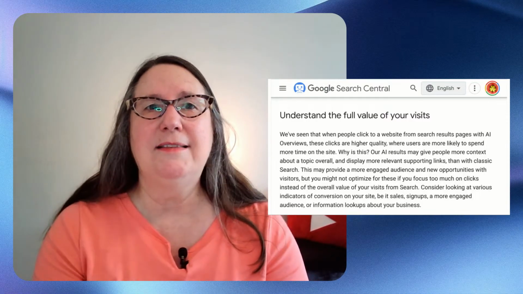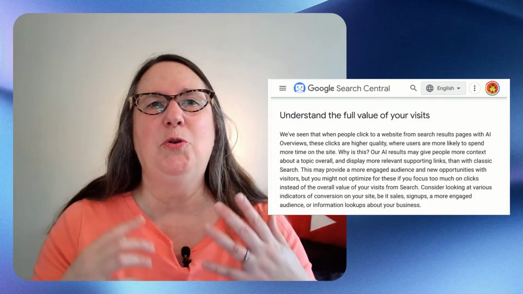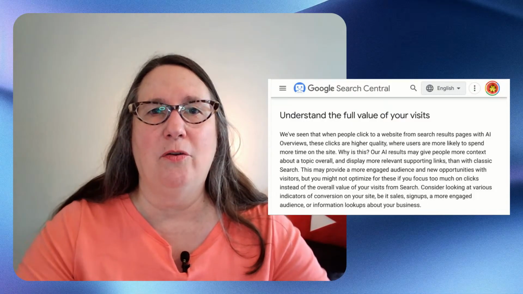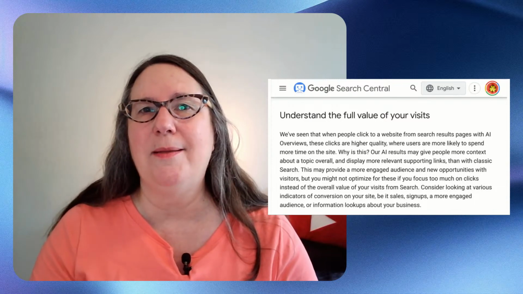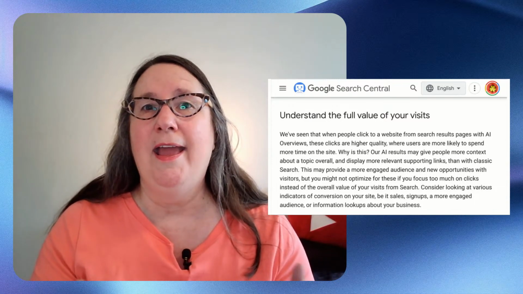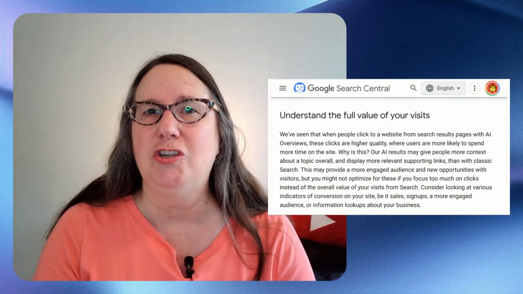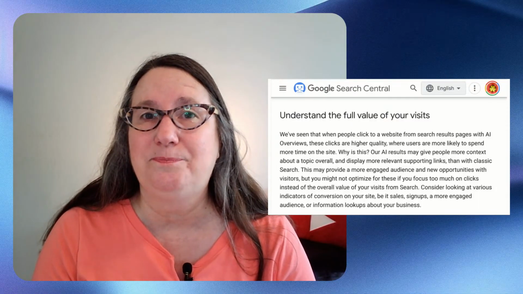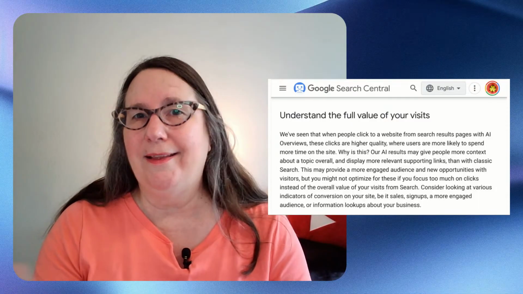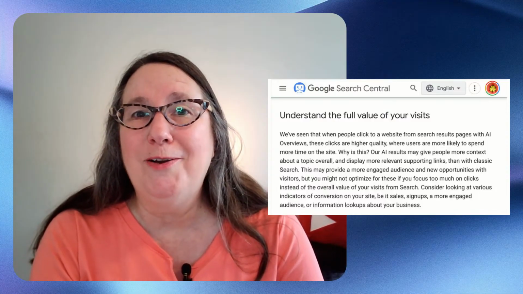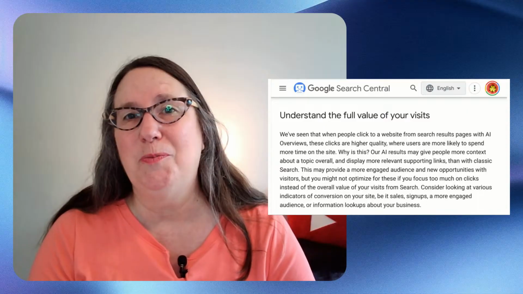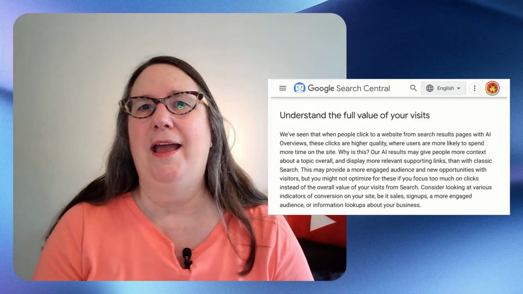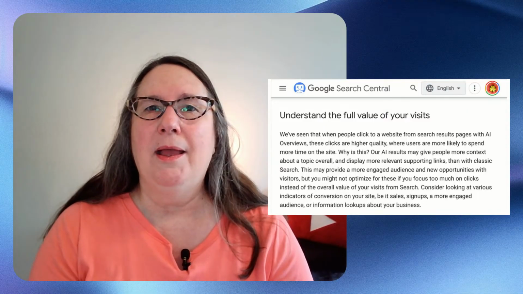Google does say that people who click the links in AI overviews are higher quality traffic. They spend more time on the site after clicking, and they specifically say you should not be focusing on clicks. Part of that is figuring out what you want. Why do you want people to visit your site in the first place? If it's to buy things, you should be looking at that metric, how many things people buy. But